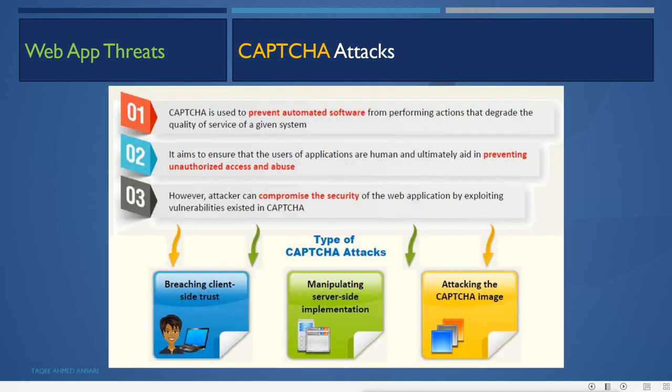Then we have CAPTCHA attacks. CAPTCHA is used to prevent automated software from performing actions that degrade the quality of service of a given system. Remember the denial of service attack we talked about. In the denial of service attack, I said that the attacker will send lots of registration forms with different usernames.